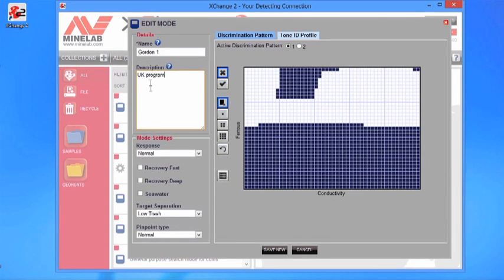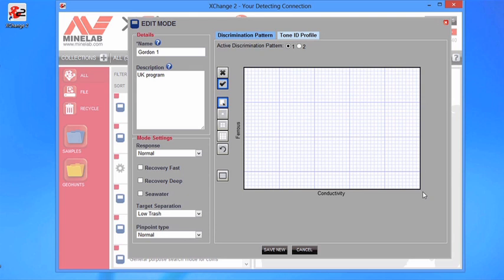Now, we need to build the discrimination patterns using the tools to the left of the pattern edit panel. We have selected the accept tool, which we drag over the work area while we're holding the left mouse button. Release this to accept the selected area. Now we select the reject tool. Dragging the cursor over the work area, like before, adds discriminated areas. Continue selecting areas and build up a pattern.